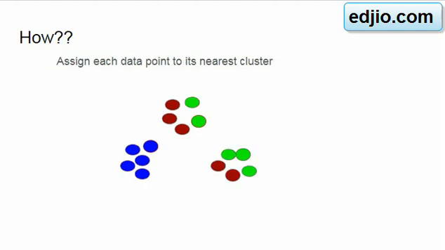From blue, brown, and green we find the equilibrium distance, for all three centroids, all three median values for all the data sets. For all the data points, whichever data point has the least equilibrium distance from that median, you categorize them